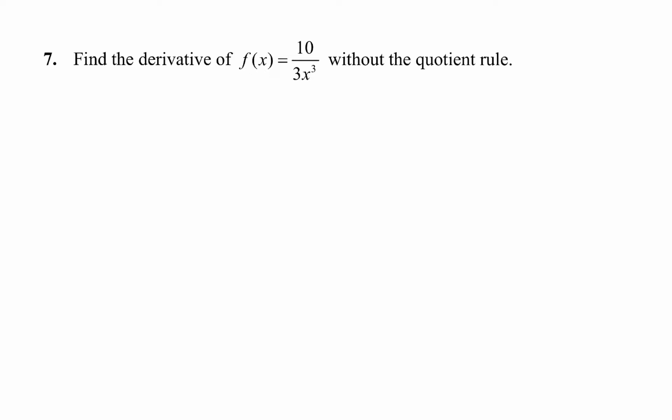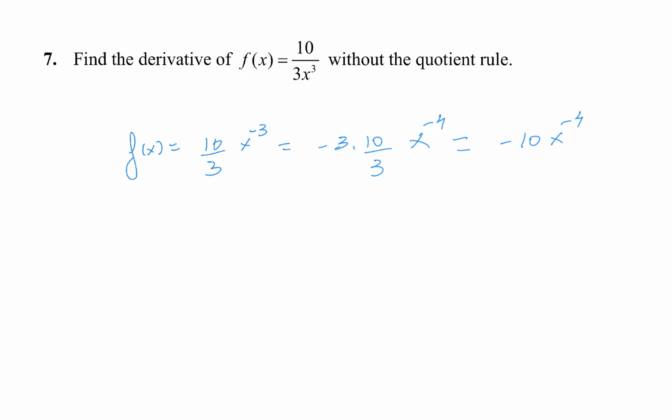So we write f of x equal 10 divided by 3, and instead of 1 divided by x, we write x to the minus 3. And now it will be minus 3 multiplied by 10 divided by 3 times x to the minus 3 minus 1, minus 4. So the 3 will cancel, it will be minus 10 x to the minus 4, or in other words,